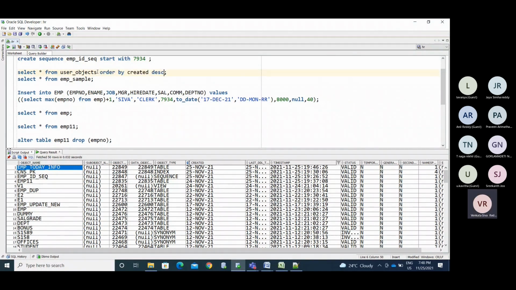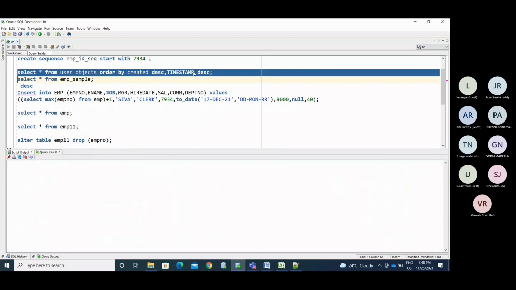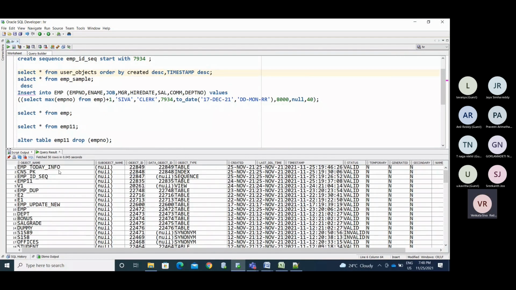We need the recent one, so use the descending option and use the timestamp column. When you updated that, it captures the time for that particular day. Now you will get the correct one.